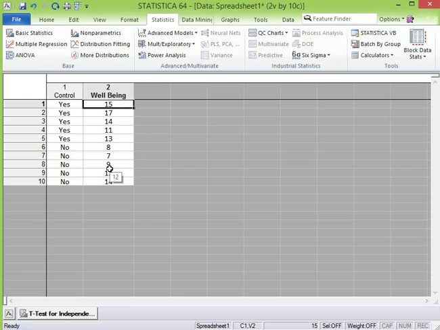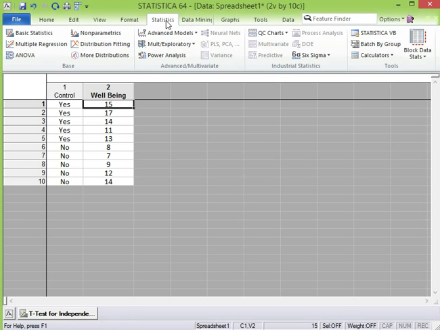One thing that is different in Statistica compared to SPSS is that you are allowed to input text such as this, whereas in SPSS normally you are required to convert text into numerical values, through dummy coding. But in Statistica you can input text. So to do the t-test for independent samples, because these samples are separate, they are independent from one another,